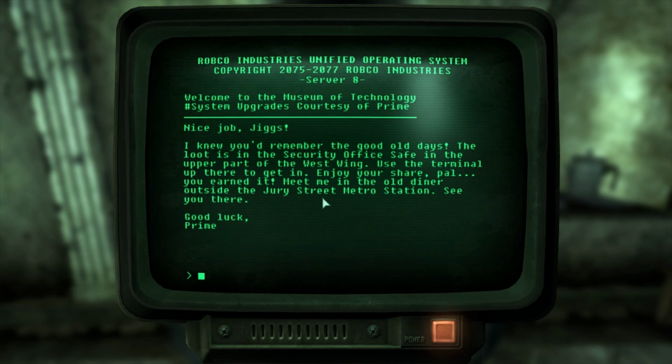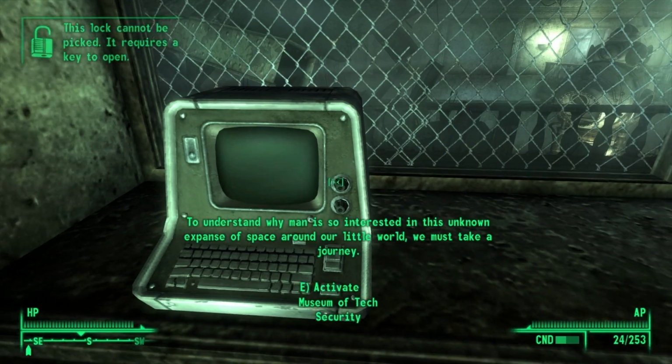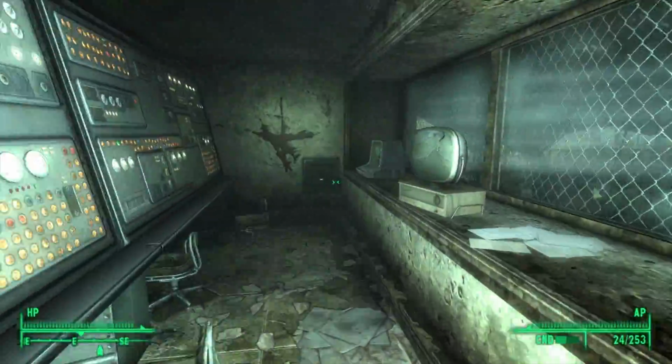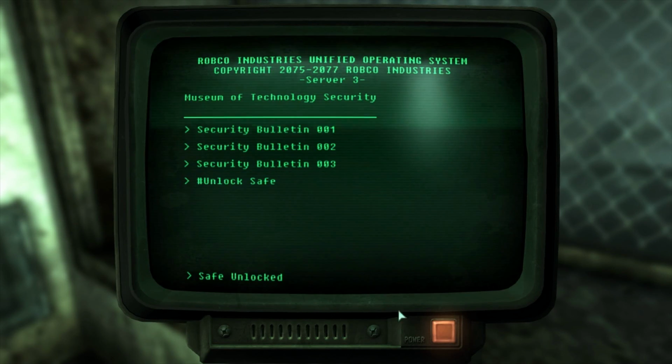Now, if I go to the Drury Street metro station, I need to be aware that there may be a behemoth around, because I cannot remember what triggers it. Yay. Right, and now you've done that, you can come up to this area, just up the stairs past the planetarium, and this will now let you unlock the safe up here,